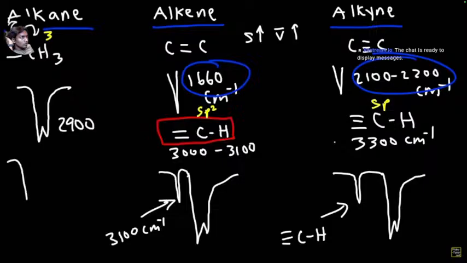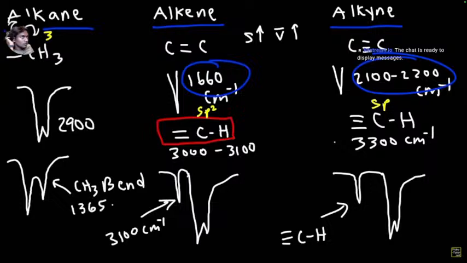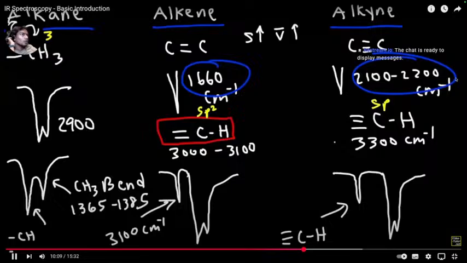Now, going back to alkanes, there are two signals that you want to be familiar with. The first one is a CH3 bend, which has a signal of 1365 to 1385. And then the other one can vary between a CH bend, a CH